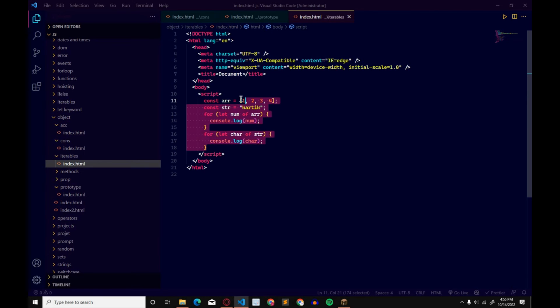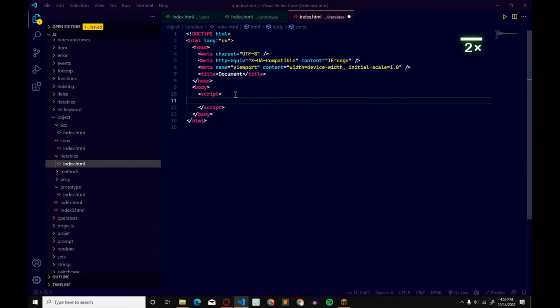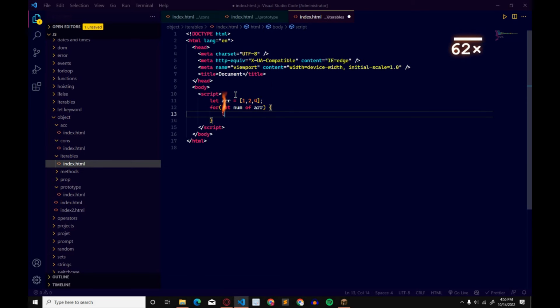So for that, let me delete this, and here let's add let arr is equal to 1 2 3 4, and let me remove this comma here. Then here we have to add for let num of arr, which says console.log num. Then here we add arr Symbol, Symbol.iterator,